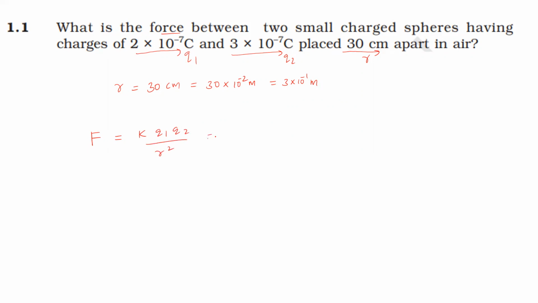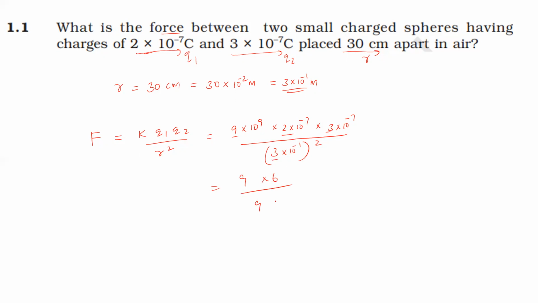Here K value is 9 into 10 power 9 and Q1 is given that 2 into 10 power minus 7 and Q2 is given that 3 into 10 power minus 7. Next we have to substitute R value. R value is 3 into 10 power minus 1. So 3 into 10 power minus 1 whole square. Now we can write this one 9 and here 2 into 3 as 6 divided by 3 square is 9